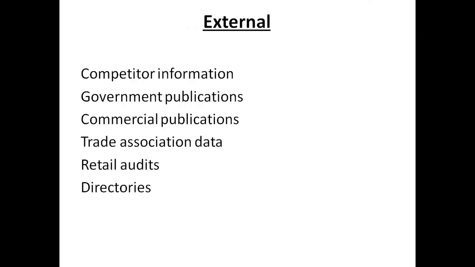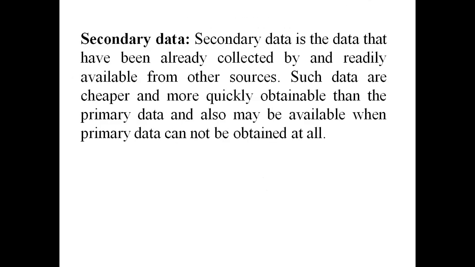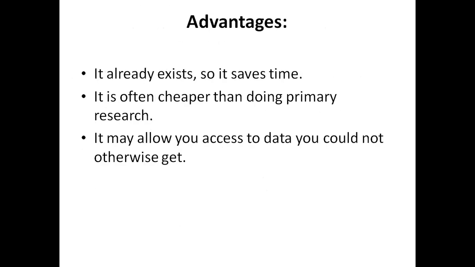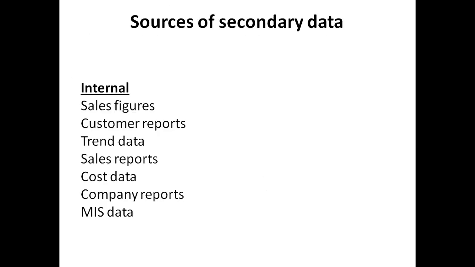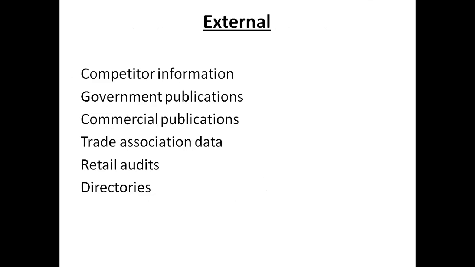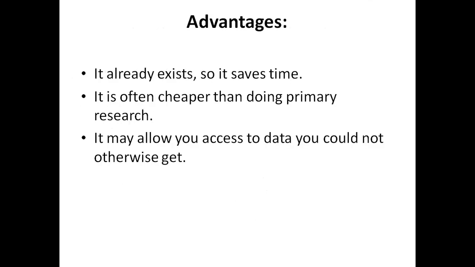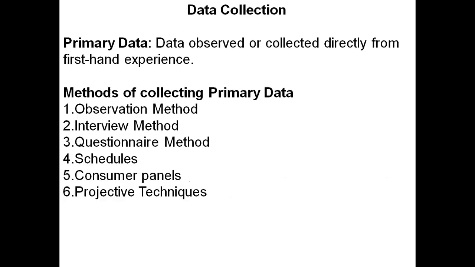So this is all about the introduction of the data collection methods. There we have seen secondary data, its meaning and characteristics, and then we went towards the important sources of secondary data, that is internal and external data sources. Later we discussed advantages and disadvantages of secondary data sources. So this is all about data collection methods. In our next class we will discuss primary data and methods of collecting primary data. Thank you.